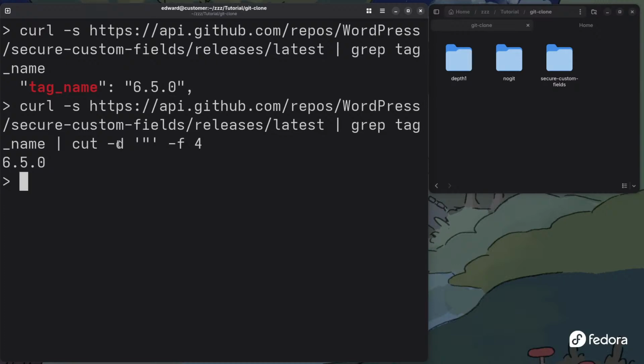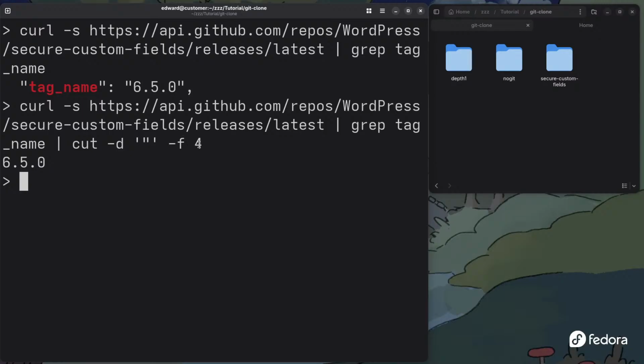What cut does is you cut things off by columns. So what this is going to do is cut. This is the delimiter, -d is for the delimiter. And it's going to look for double quotes, because what we want is inside double quotes. However, if you notice here, there's a double quote right at the beginning, and then where it says tag-name, and then there's another double quote here, another double quote here, another double quote here. So I'm sure you guys can figure this out by now. So the delimiter we're going to look for is the double quotes, and then we use